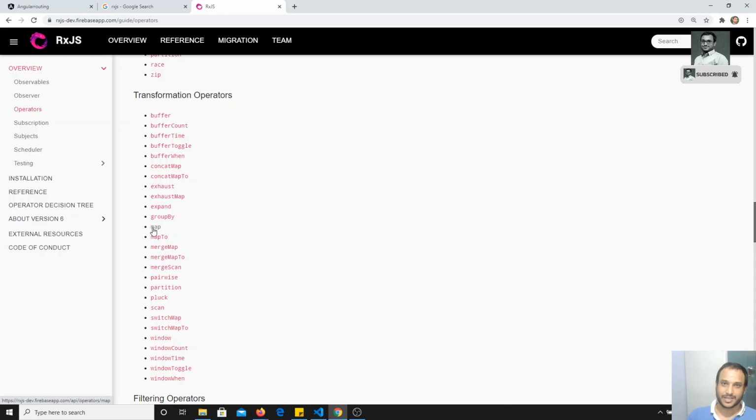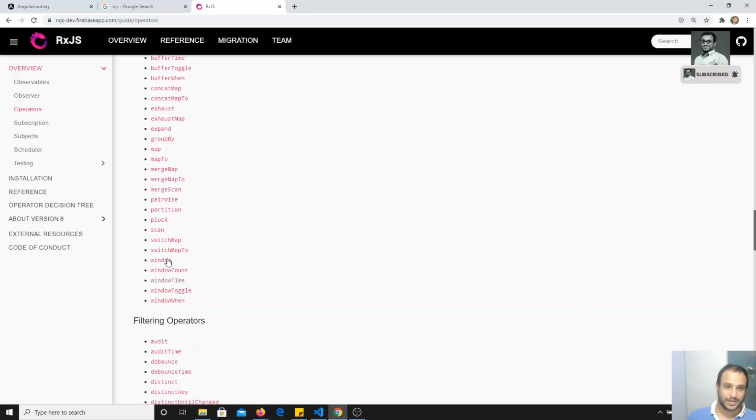Here you have seen map. Transform is transforming the data, so map will change the data. Whatever data comes from the observable, it is changing. The data the observable is sending is 0, 1, 2, 3, and in the map we make it count is 0, count is 1, and so on. We are changing the data, so these are all transforming the data. Pluck means it will pluck the data. This all comes like this only.